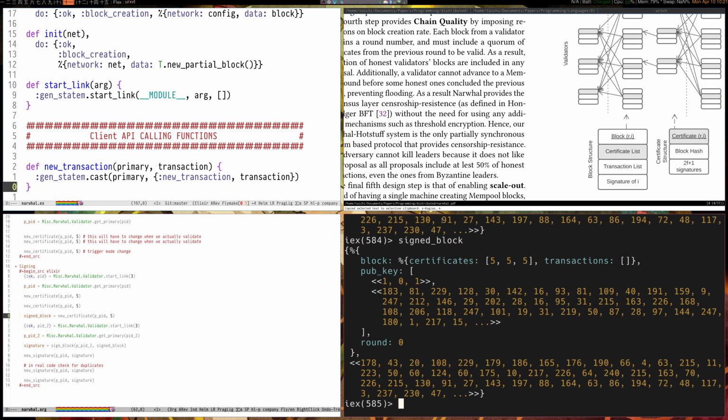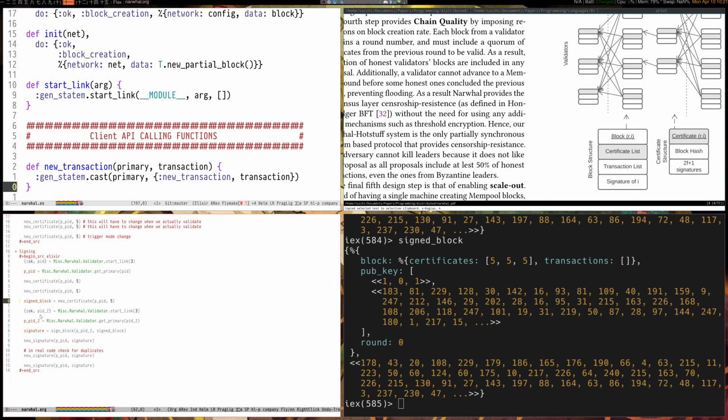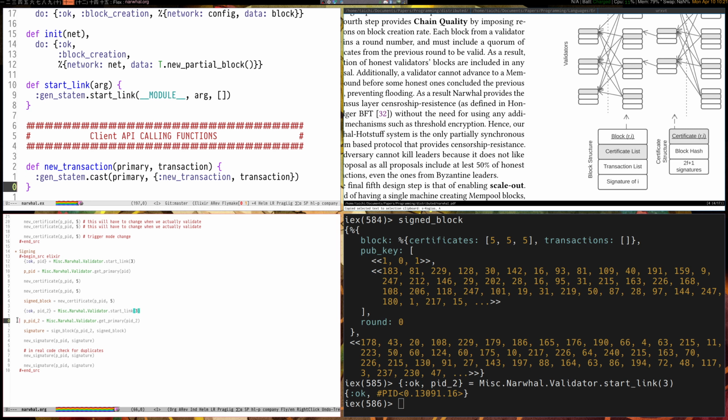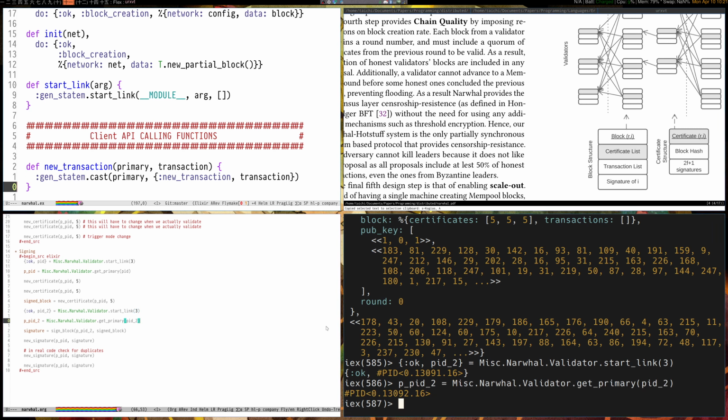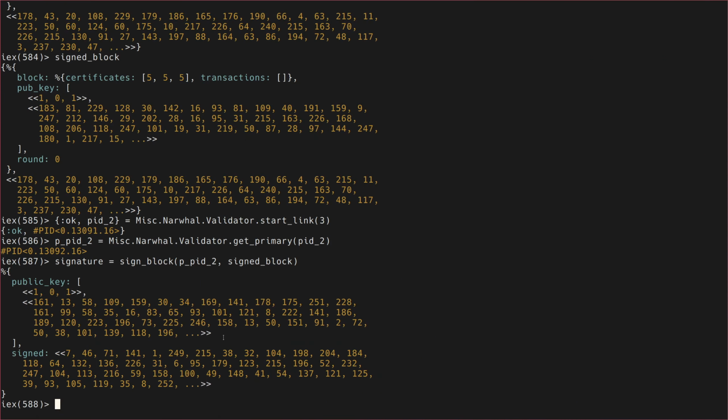So now I have the signed block, and I'm going to start up a new validator. And so I'm just going to do it this way. So I'm going to start a new link. I'm going to add the PID2 here. And then I'm going to have it sign the block. It actually does do block signing checking. And what's neat is that since we signed the block, we can actually get state of